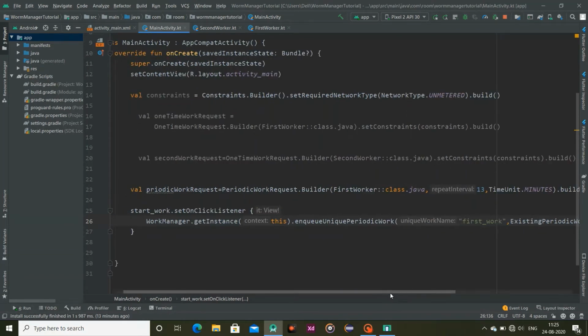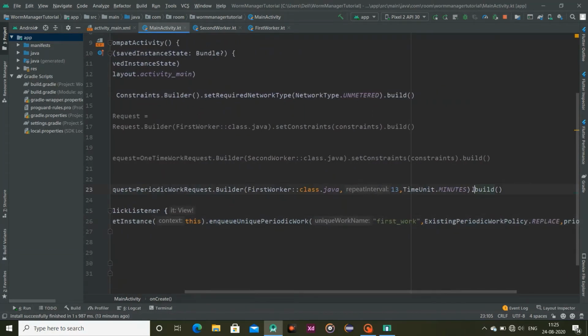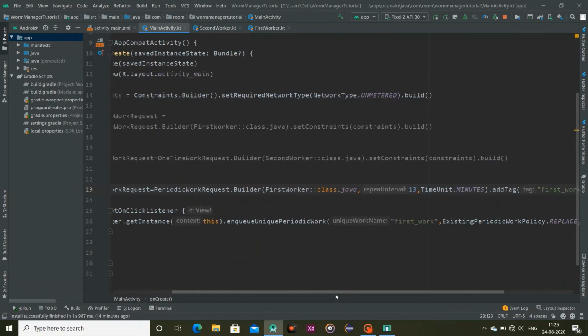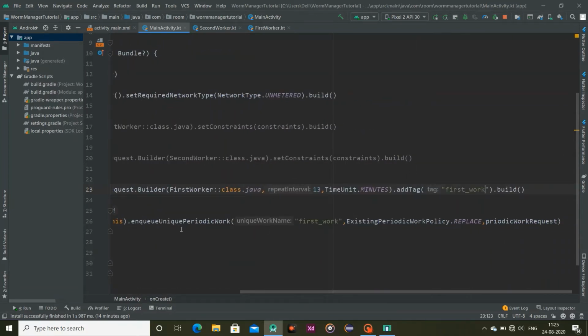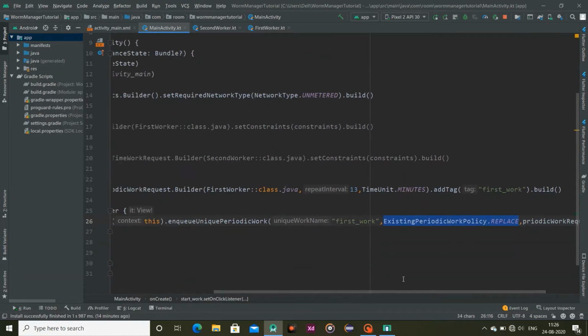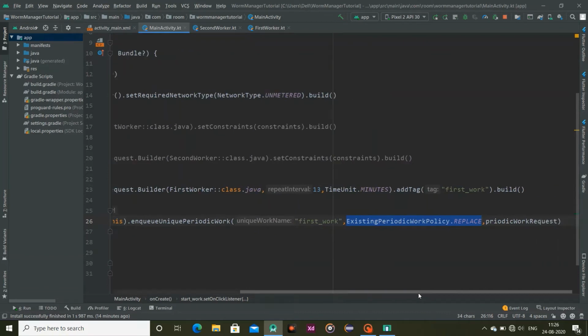What I'm going to do is simply provide a tag, and the tag name is the same as our unique work name. Now you can see enqueueUniquePeriodicWork. It is unique because of this tag, and second is our existing periodic work policy. Suppose with the same tag another periodic work request is performed.